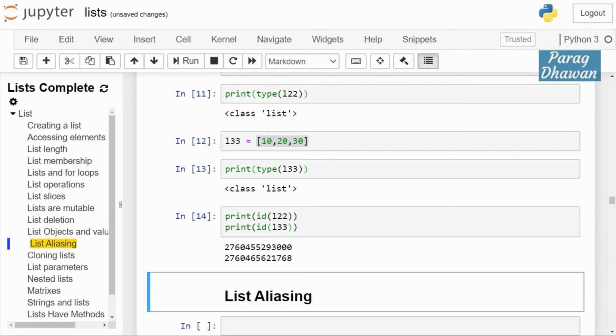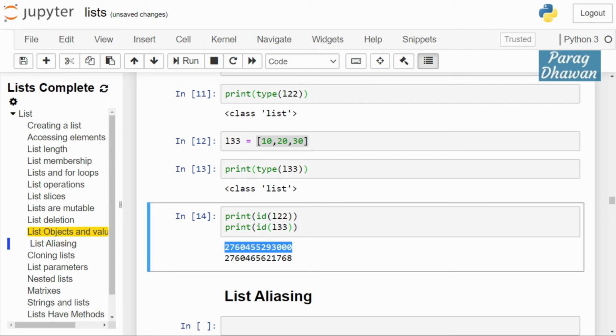See, both objects are storing the same elements, which is a list of size 3 having 10, 20 and 30, but they are stored at different memory locations having their own unique identity.